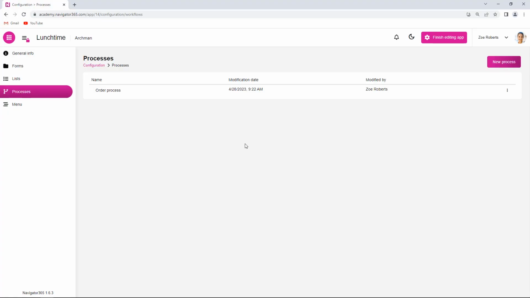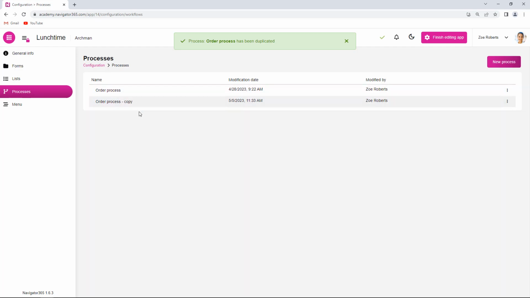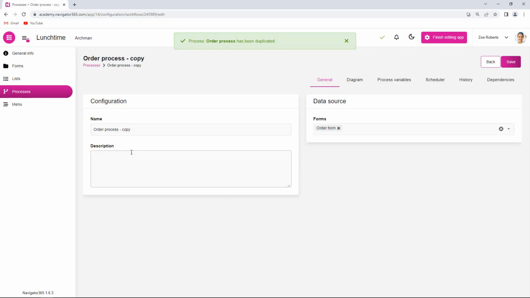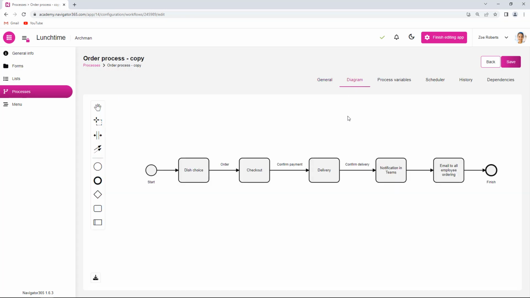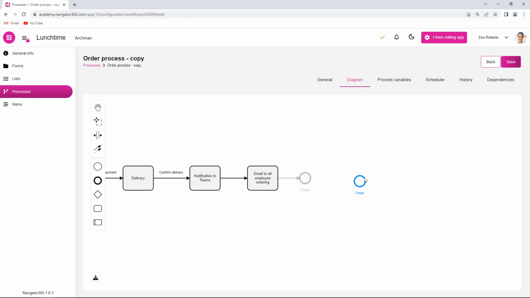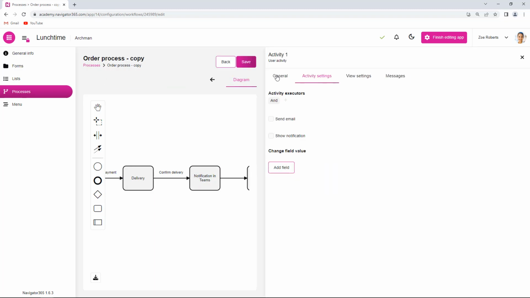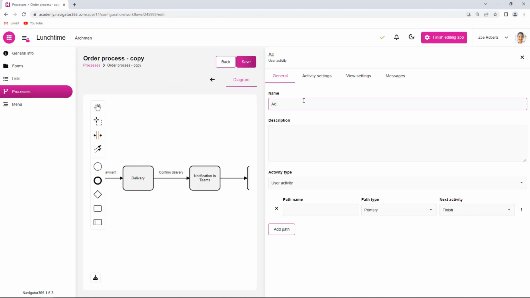So to show you how it works, it is best to try a new copy. Yeah, so I created a copy of the process. This is my working process for testing new features, and in this process I will add one extra step in here, and I will call it delete document,